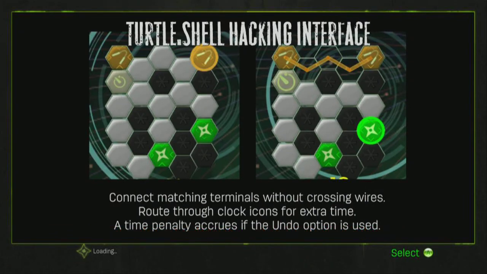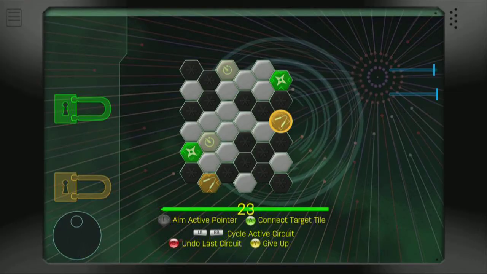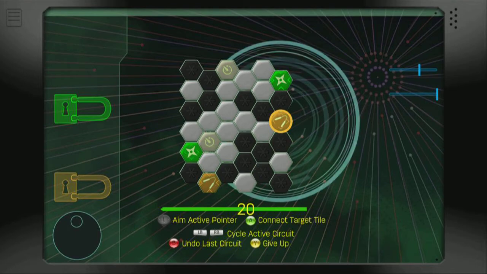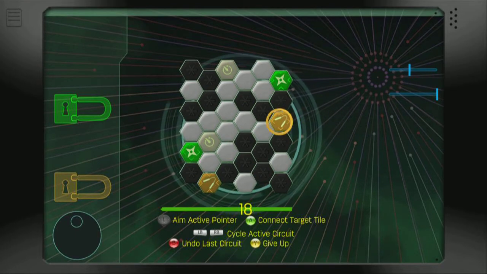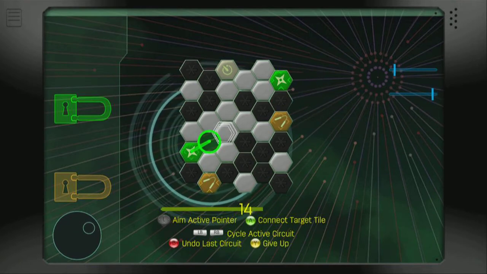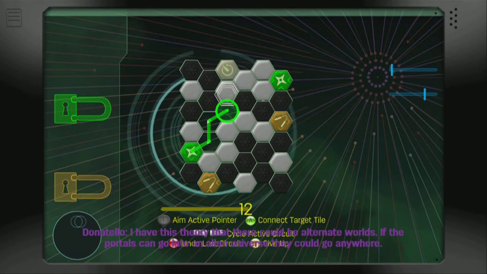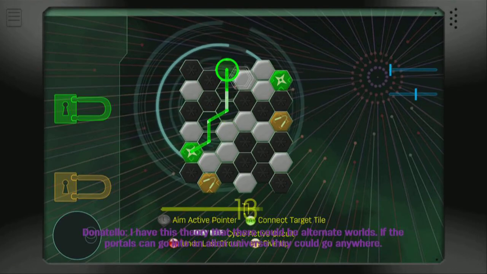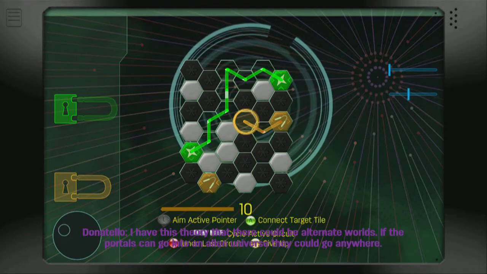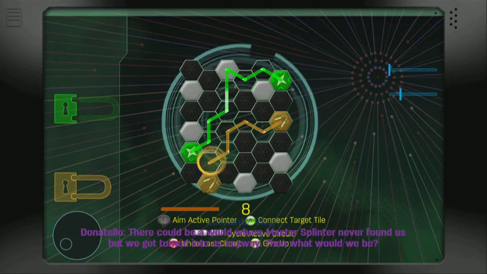Oh, and a hacking game. Interesting. I haven't actually seen this yet. Okay, fair enough. How do I do this? Alright. I have this theory. There could be alternate worlds. If the portals can go into an alien universe, they could go anywhere. Okay. There could be a world where Master...